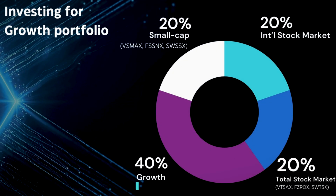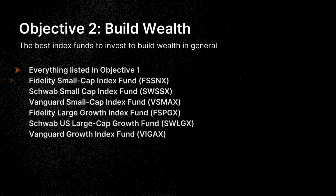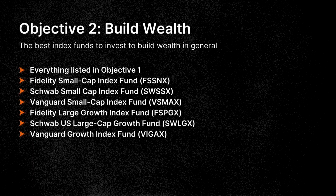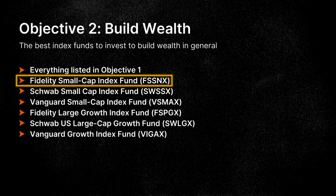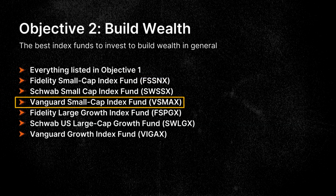The second objective that most people have whenever they're investing in index funds is to build wealth as aggressively as they can without having to actively manage anything. The best type of allocation you can get for something like this is a mixture of growth cap, small cap, and international funds. So again, when you're looking at this list, everything that was listed in Objective 1 could definitely apply in here, but you're going to want to put a little bit more of your fund, 50 to 70% of it, into some of these, like the Fidelity Small Cap Index Fund, the ticker being FSSNX. Or maybe look at the Vanguard Small Cap Index Fund, the